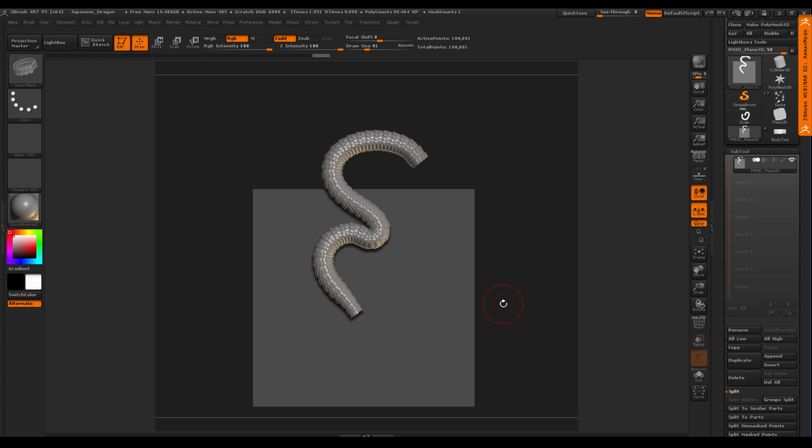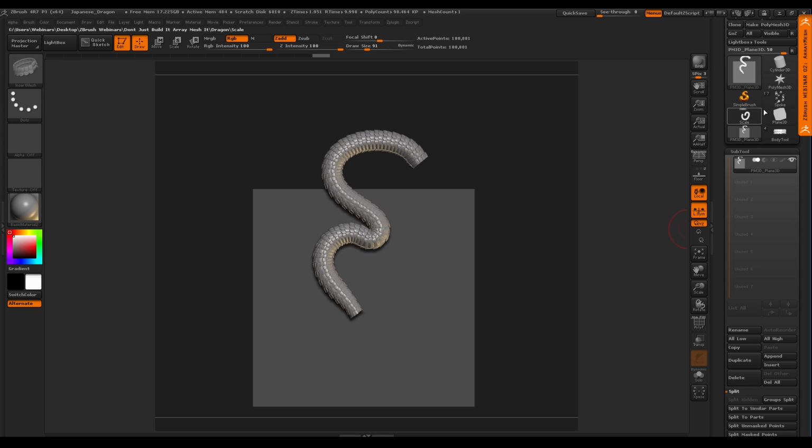So I have a ZBrush Central thread, and I'm going to post this stuff up there, and I'm probably going to do some image breakdowns to go along with this webinar, so that you can see the steps, because I tend to talk fast and work fast. I'm working on it, but I'm just full of energy.